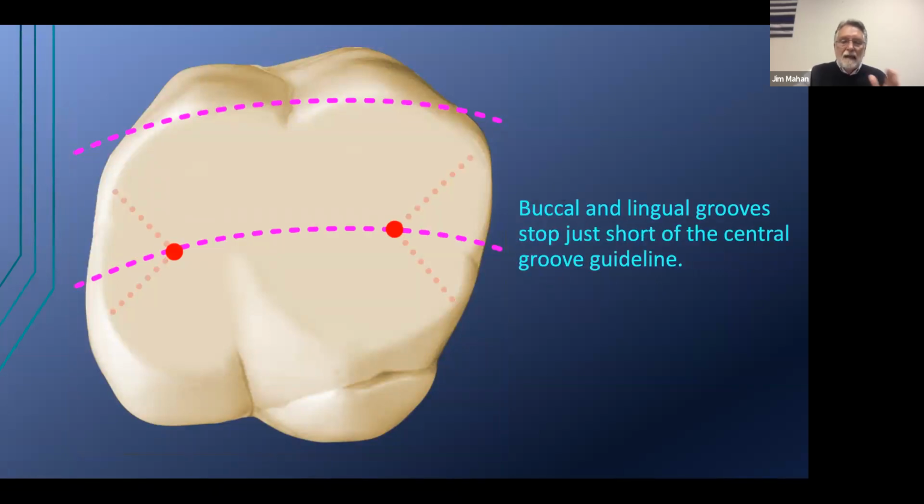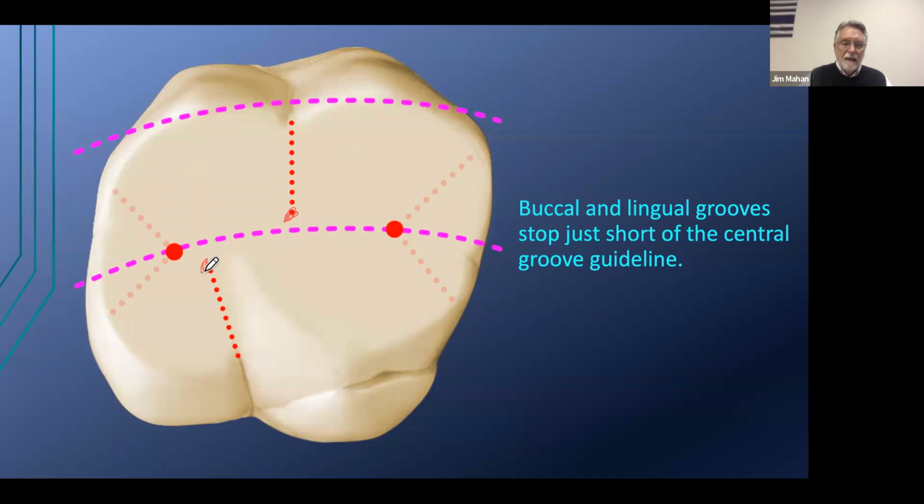So where do the other pits go? Well, the buccolingual grooves stop just short of that central groove guideline. So if I know I have a buccal groove, I can come in here with this buccal groove, and stop just short of the guideline. This is where my pit's going to be. So I can place a pit here just off of the guideline,